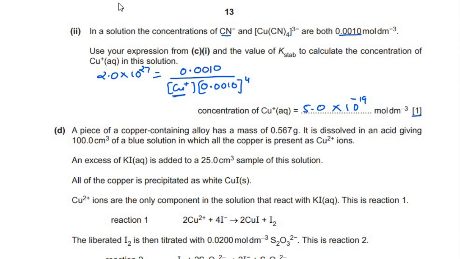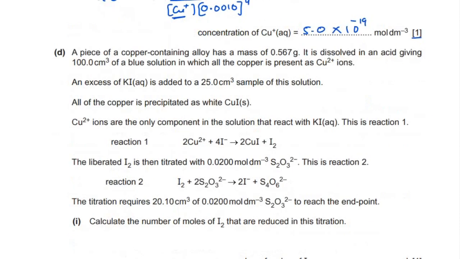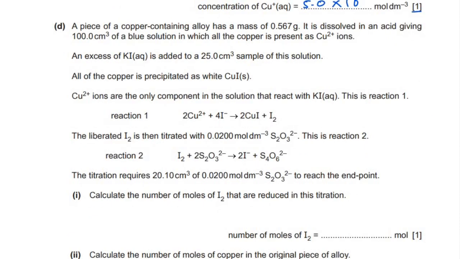You need to show the expression, substitute the values correctly in the expression, and then write the answer, because the steps showing calculation also carry marks. Now there is one more question following. It says a piece of copper containing alloy has a mass of 0.567 gram. It is dissolved in an acid giving 100 cm³ of a blue solution in which copper is Cu2+